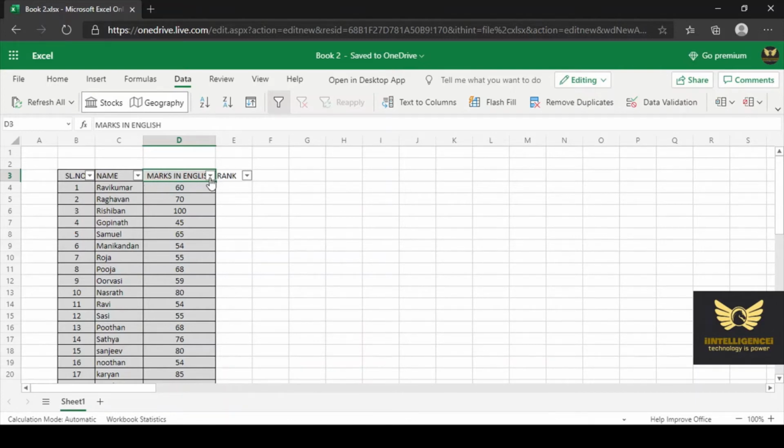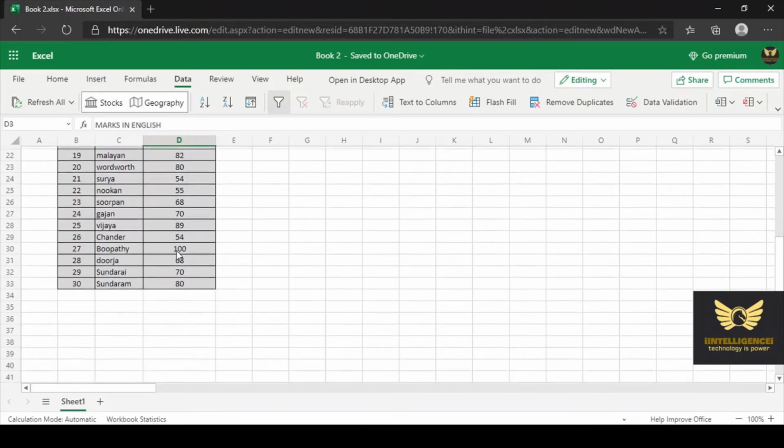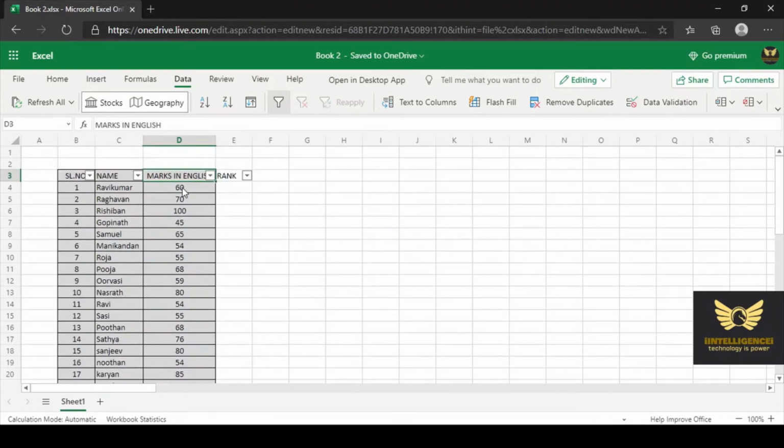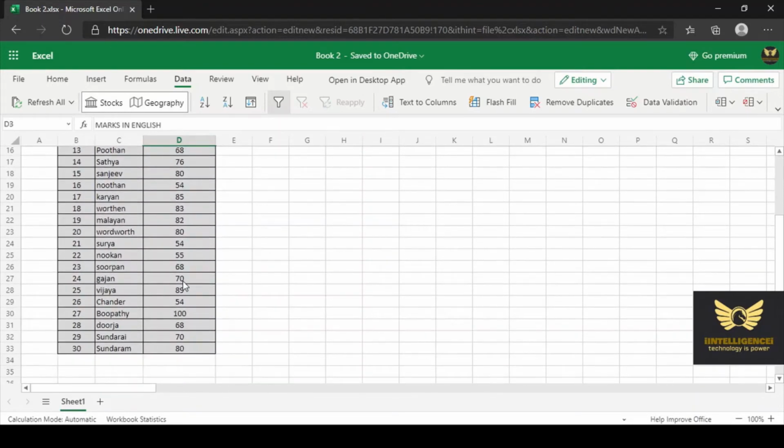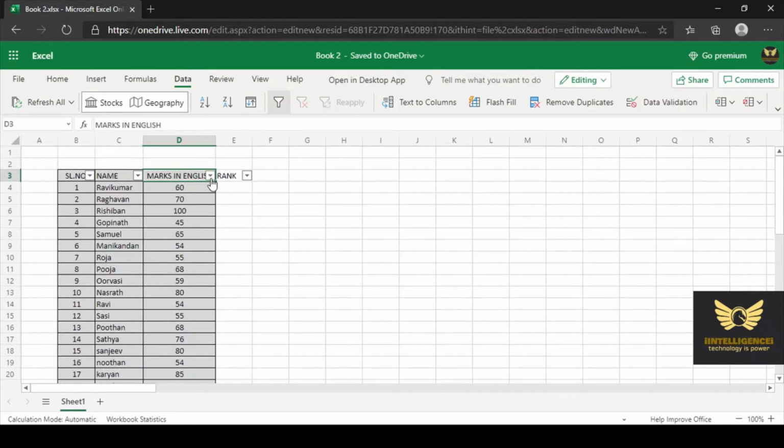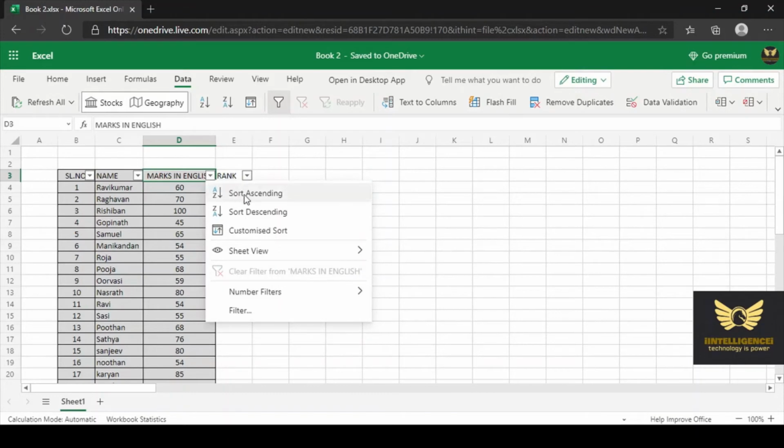At whichever column you want to filter or sort, just click it, filter and sort. There are a lot of options available: sort ascending, sort descending. Sort ascending means in increasing order, sort descending means in decreasing order.